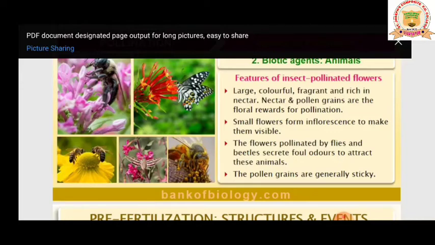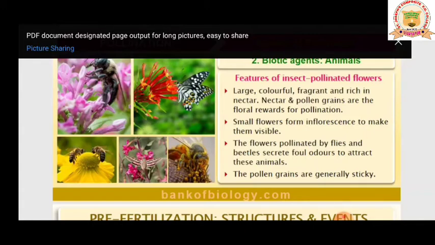They will get attracted, they want to come and suck the nectar present in the flowering plant. And the pollen grains also will be much in the insect pollinated flowers. Small flowers form an inflorescence to make them visible. So the small flowers will come in the form of clusters. On the part of the plant, they will come in the form of groups, bunches, clusters of flowers, so that it will be visible for the insect and they can carry out the process